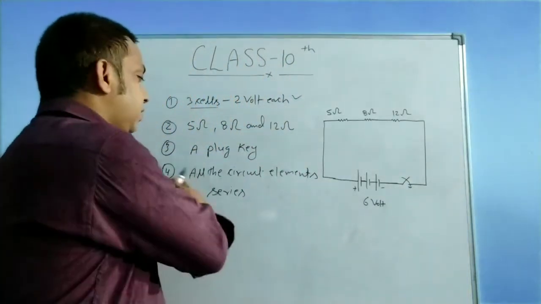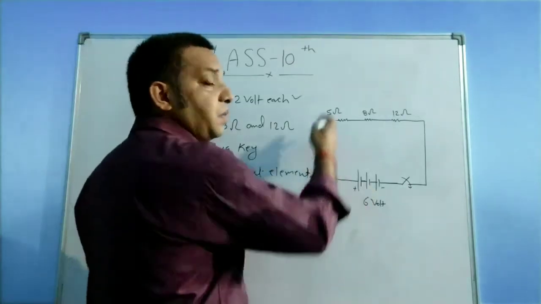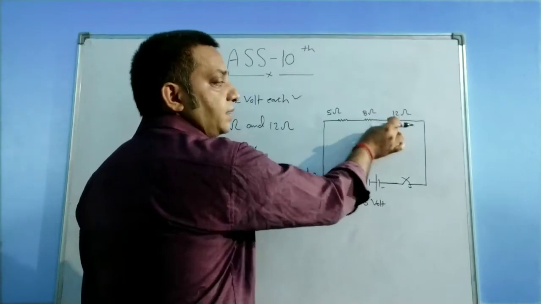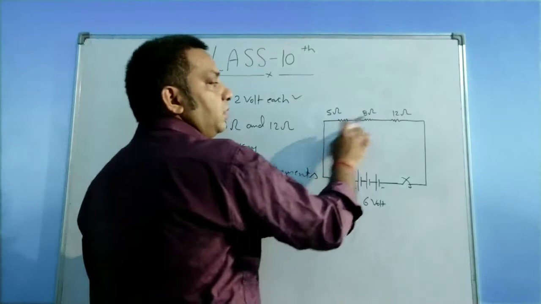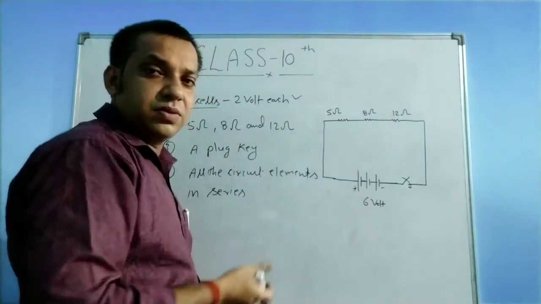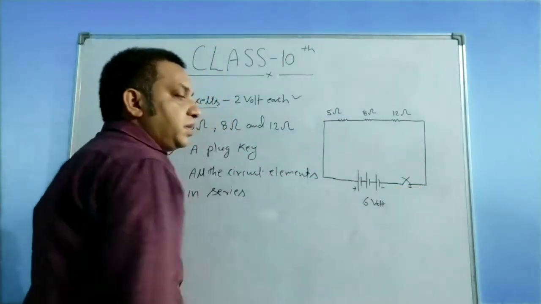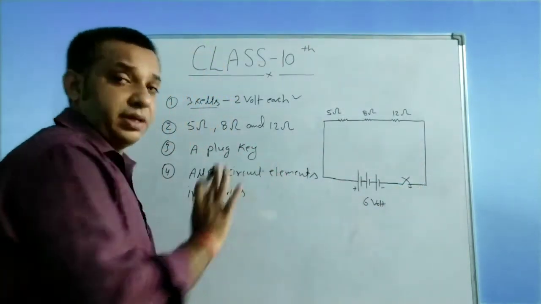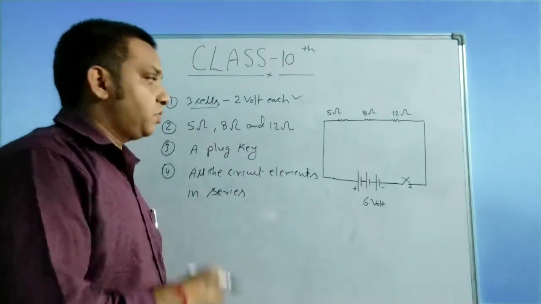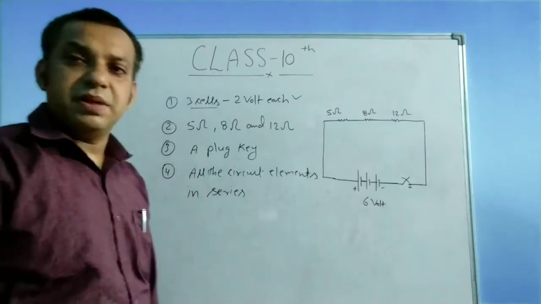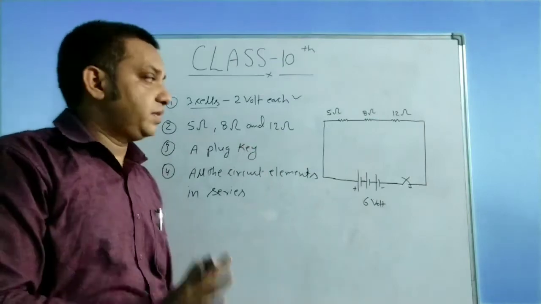Now just check whether all the circuit elements are in series or not. Just see here, a single wire is connected, in a head-to-tail arrangement. That means it is a series combination, and all 3 resistors have the same current. That is why all 3 resistors are in the series combination, and this key is also in series with them. So this is the schematic, and this is your answer to the first question, where we have to draw only the schematic. In that particular question, you have to draw this diagram only, in the series combination.